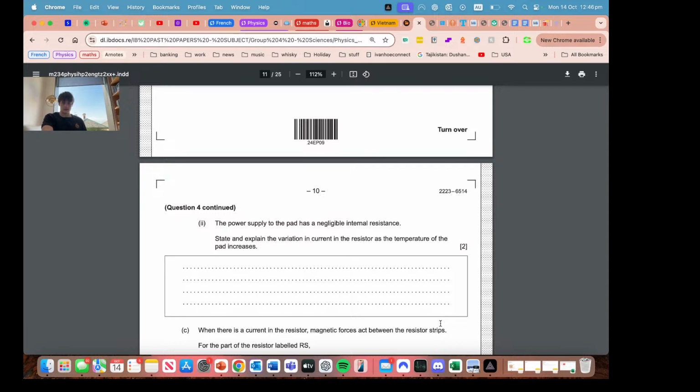Negative delta Vg on delta R. Okay. Bad. Negative delta Vg. And so, if we take that into account, that's like